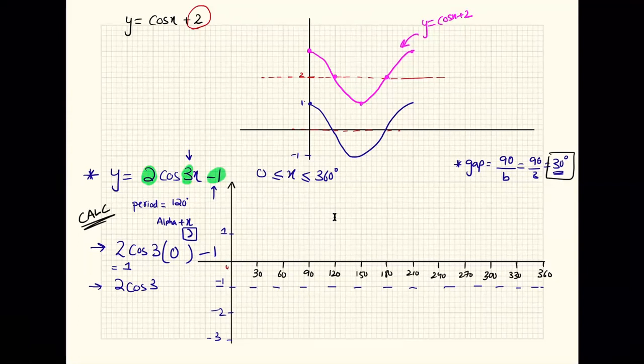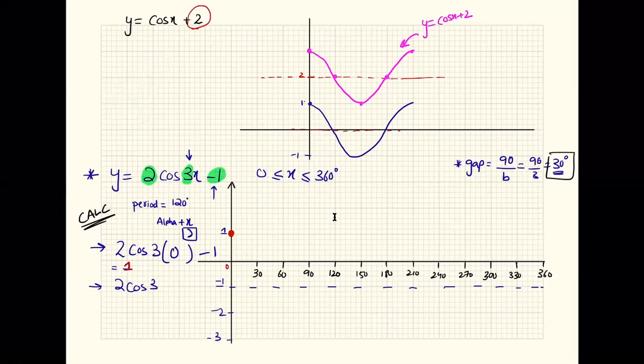So when x is 0, तो जब आप इस इक्वेशन में 2 cos 3 times 0 minus 1 प्लग इन करोगे, you must be getting 1. Can you guys confirm that आपका ये first point 1 ही आ रहा है? No, sir, I'm getting -1. Okay, can you do the calculation with me? 2 cos 3 times 0 minus 1, ठीक है। तो ये तो 0 हो जाएगा, cos ऑफ 0 क्या होता है, 1 होता है, सही है। टाइम्स 2 करो फिर -1 करो, you should be getting 1. Yeah, I'm getting it now. Okay, so this point is 1.